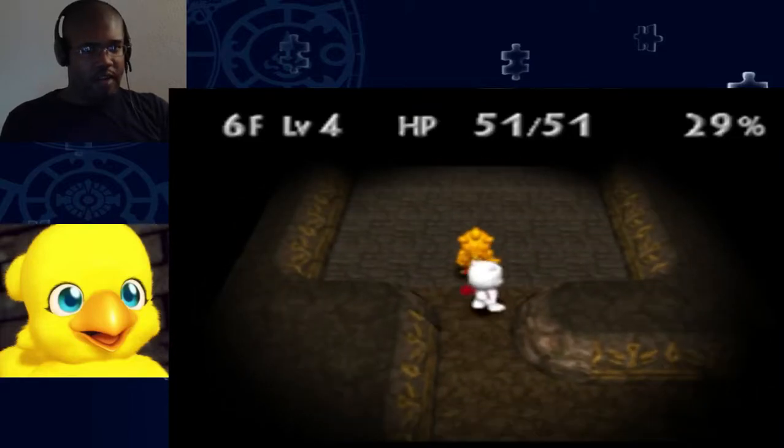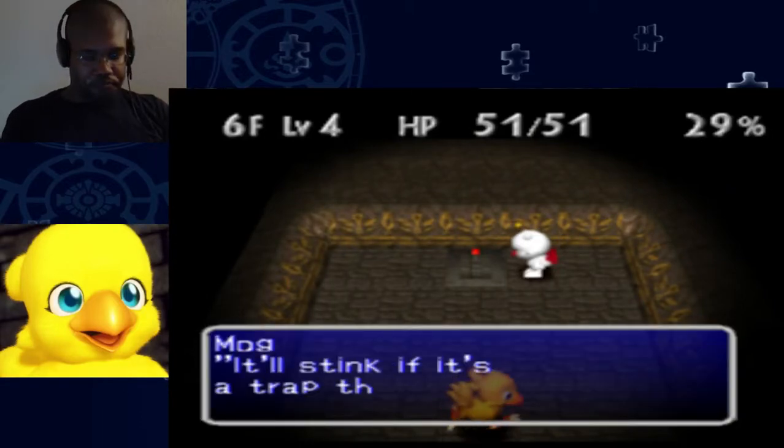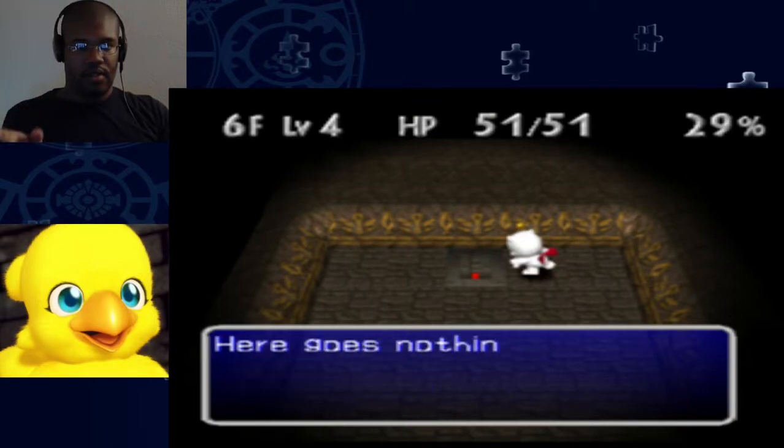I don't know if we're getting Mog back yet. This might be a cutscene. Okay, this is the end of the dungeon right here. We're going to get ejected. But basically, what I want to do is get money,